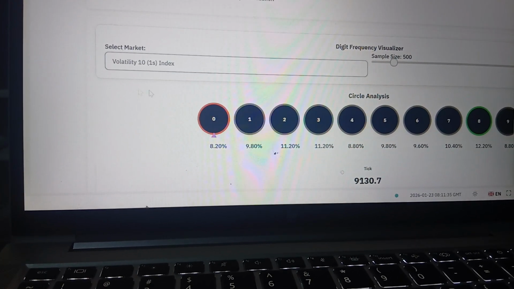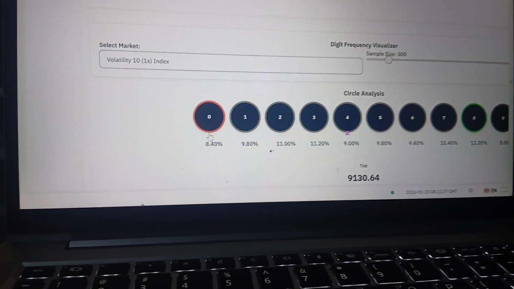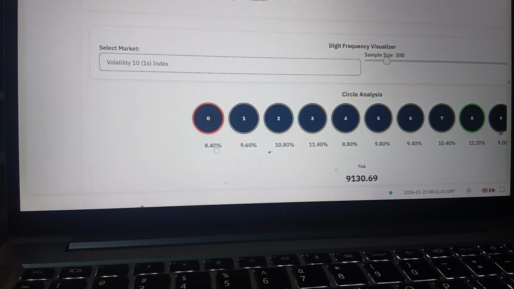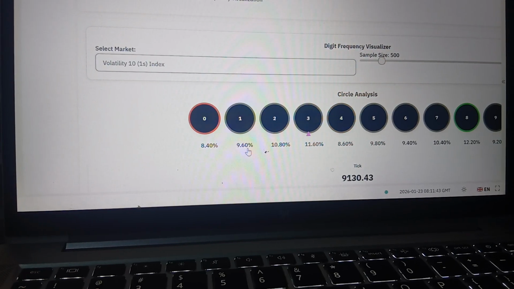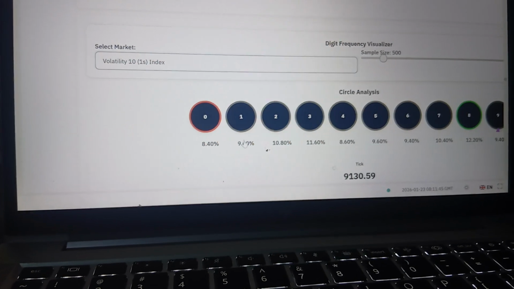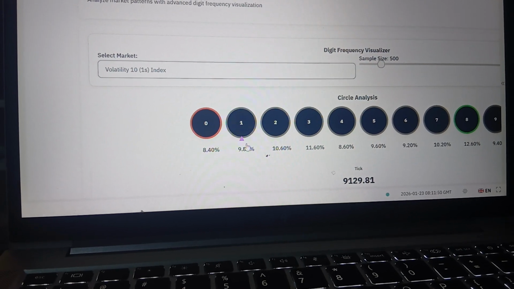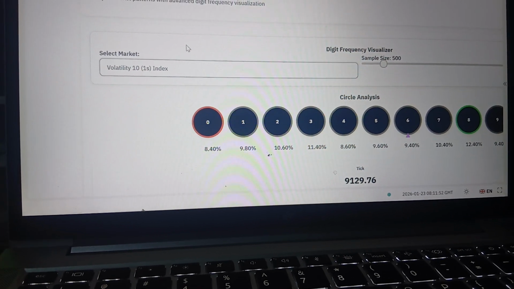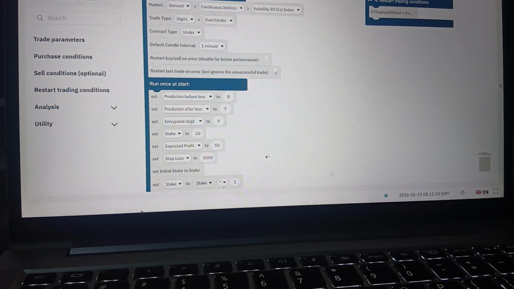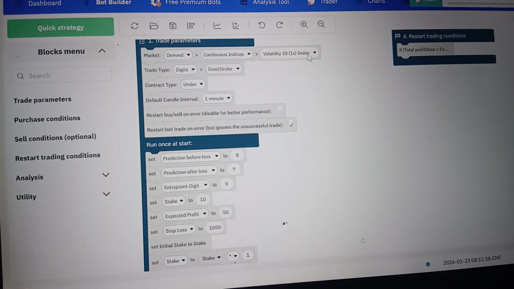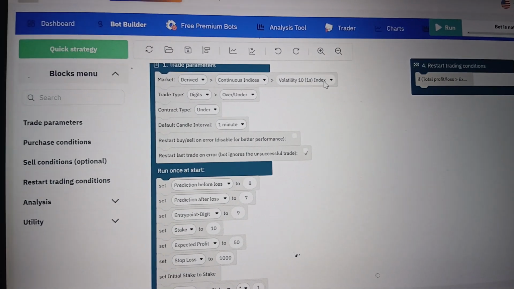You see it's 10-1s. Then you study the digit with the highest percentage in between 0 and 1, and it's 1 because it's at 9.6. Yeah, so the digit with the highest percentage, this one is the digit that you will use as your entry point. So you come to your bot builder and enter that volatility we've seen. It was 10-1s. Yeah, so 10-1s, you click here,